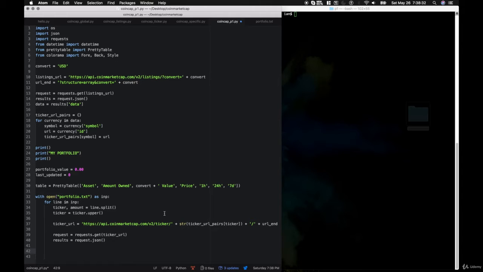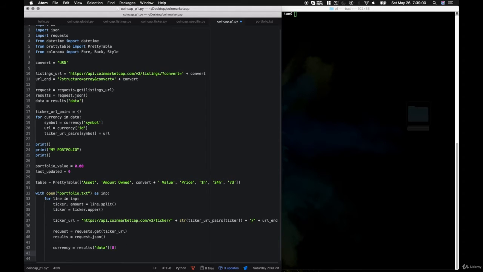And now we're only going to have one API result, so we're going to get the currency. We're going to set the currency equal to results data 0, whereas we usually set it to just data. All we're going to be getting is the first index of the data array. And now we can use that data to get our rank,